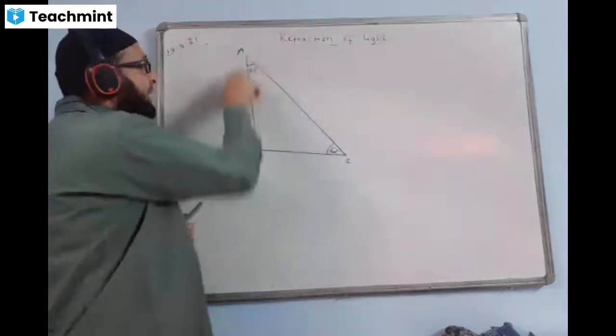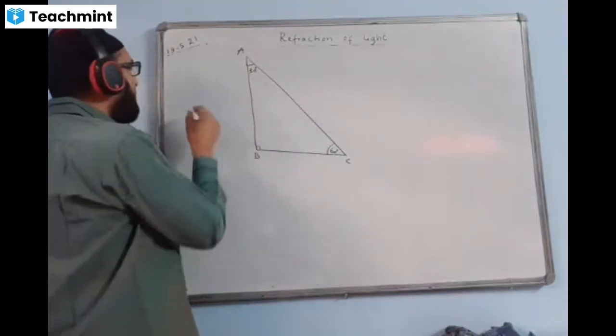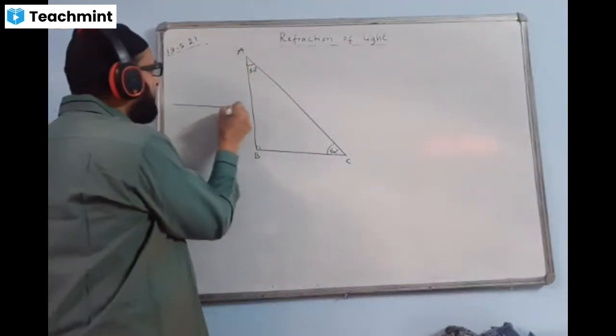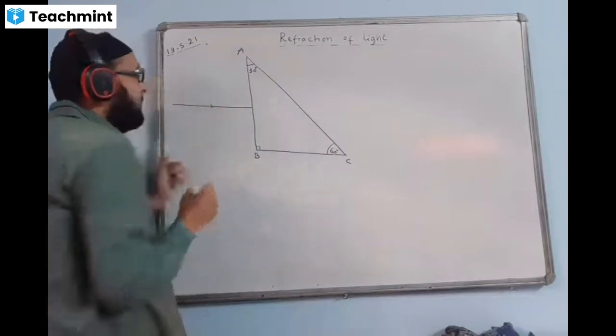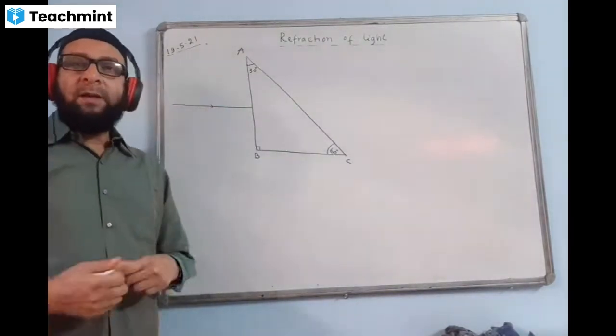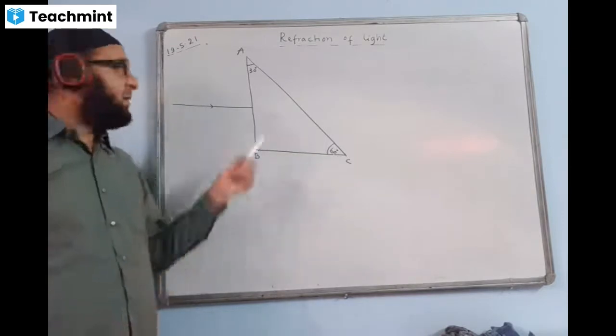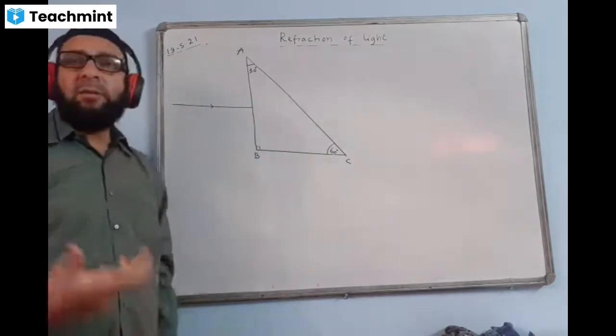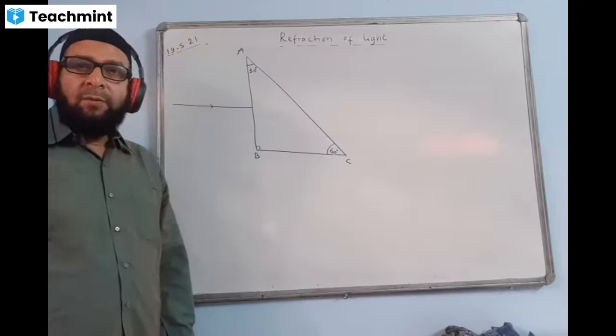So we are having a glass prism ABC, and a ray of light is shown coming like this. Please watch it carefully, okay? The question is asking, copy and complete the diagram. This is glass, this side is air. Normal situation. How will we complete it?